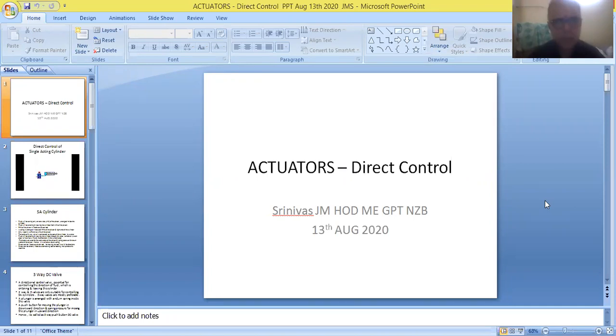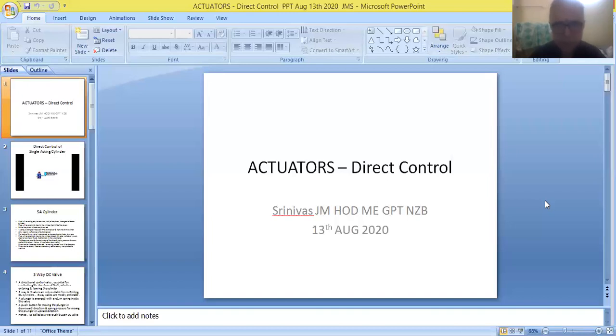So, these actuators generally are used in hydraulic and pneumatic circuits, and if they are used in hydraulic circuits, naturally, they are called hydraulic actuators, and if they are used in pneumatic circuits, they are called pneumatic